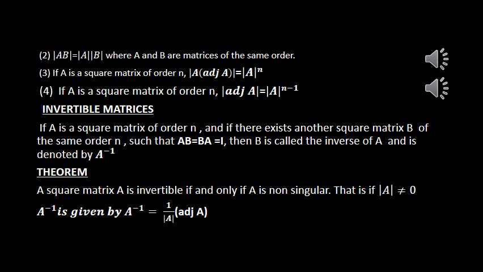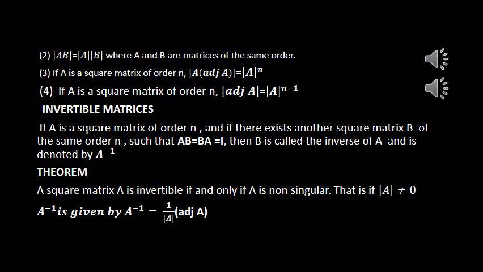Here we are going to find the inverse of the matrix using determinants. So one property or one condition we want to assign to it. That is the next theorem. A square matrix A is invertible if and only if A is non-singular, that is, if determinant A is not equal to 0. This you must remember. So we cannot find the inverse of a matrix A if its determinant is 0. If the determinant is 0, we cannot find its inverse.